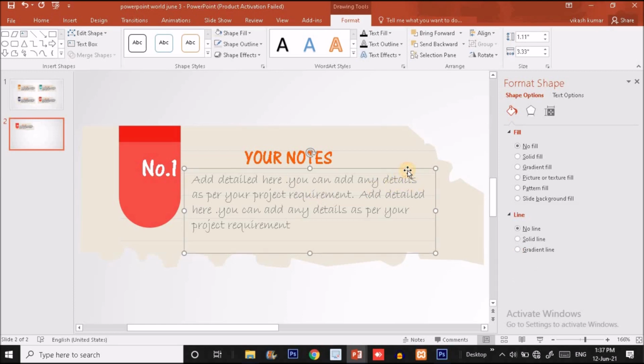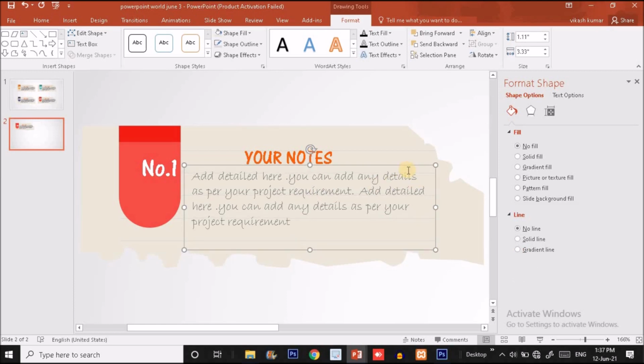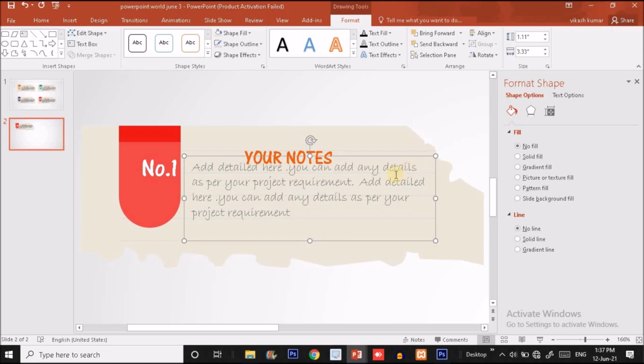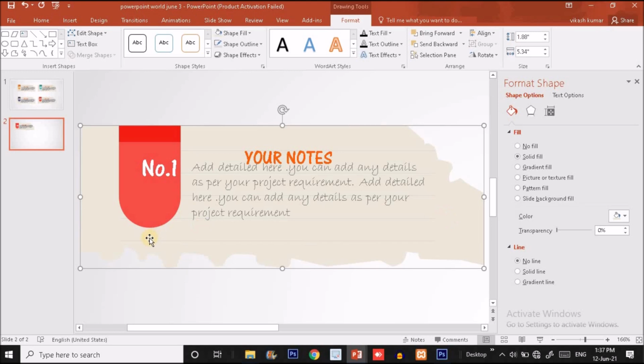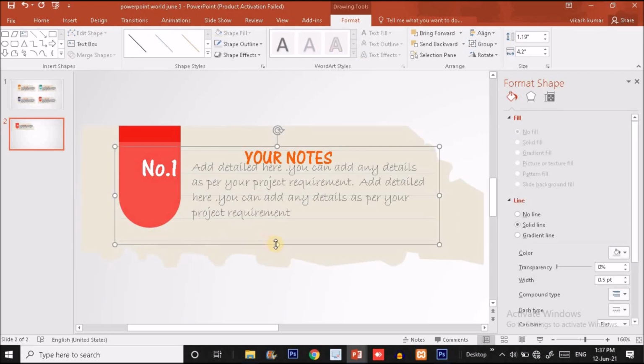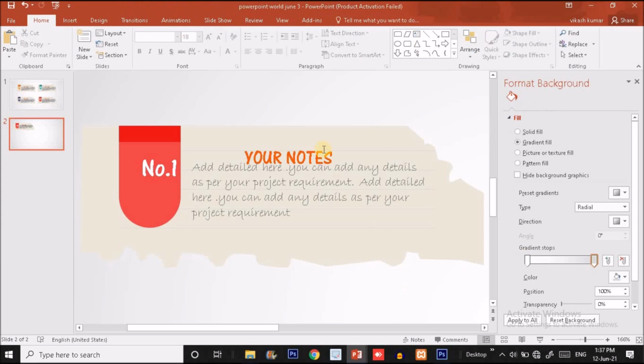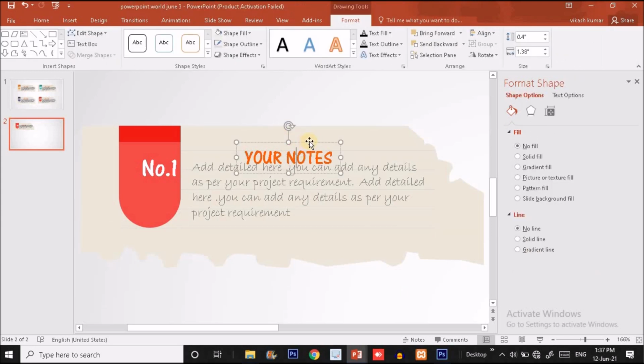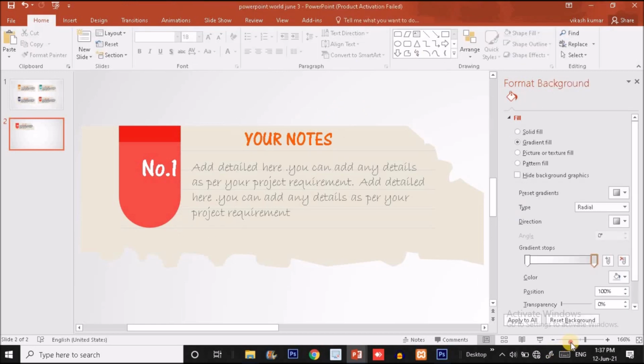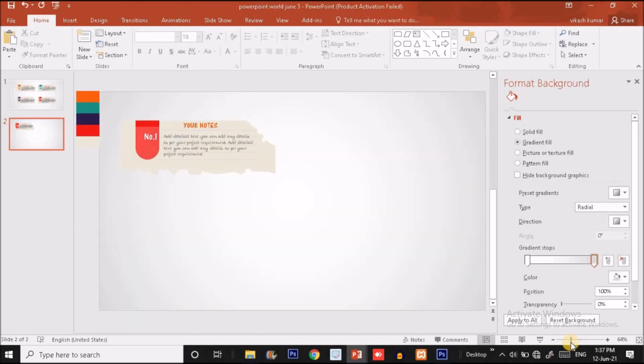So I will put this text over here and choose the line something like this. Okay, so now it's fine, and this add notes heading should be at the top like this. Now zoom out. Now it's looking perfect, guys.